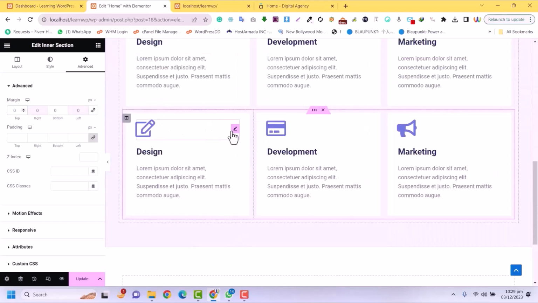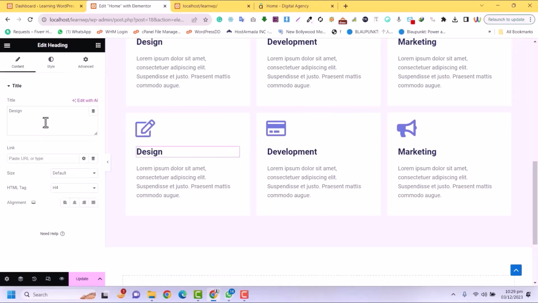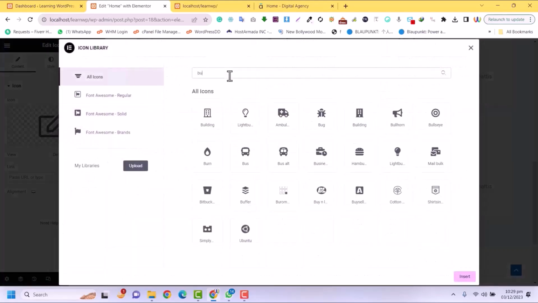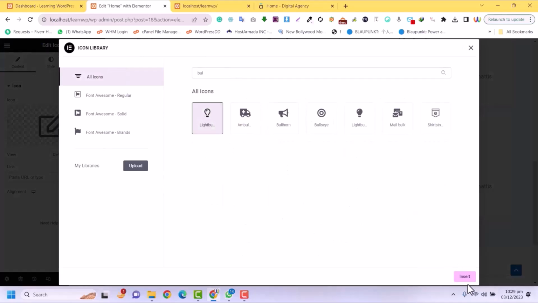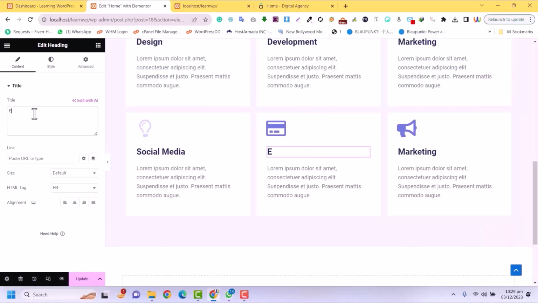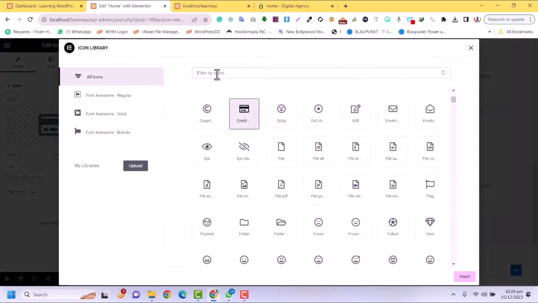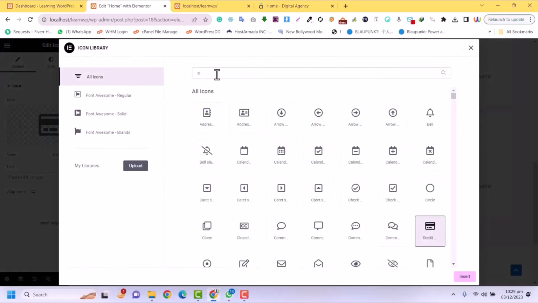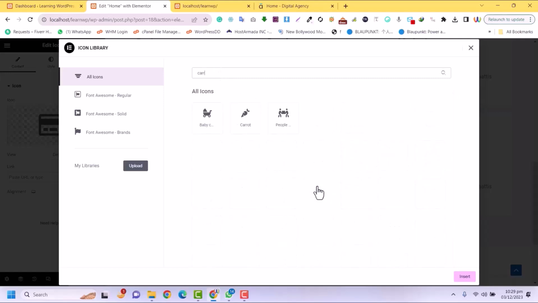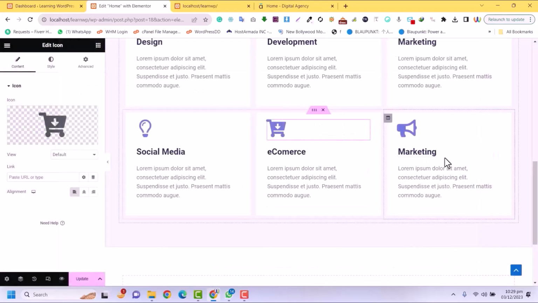Okay, now I go here again, and in that service, for example, this is our service social media, and here I just select the social media icon, or any, for example a bulb as the icon, as well as e-commerce. So I will just select e-commerce. So this is the service, as well as you can just change the icon, for example card, or you can see this is ID card, and this one card, for example this one as the e-commerce,